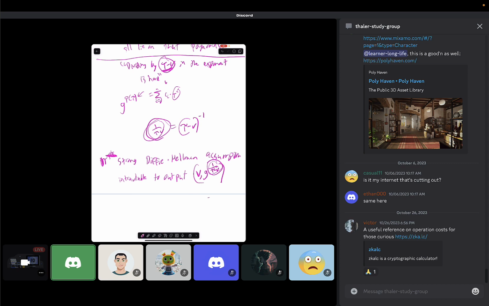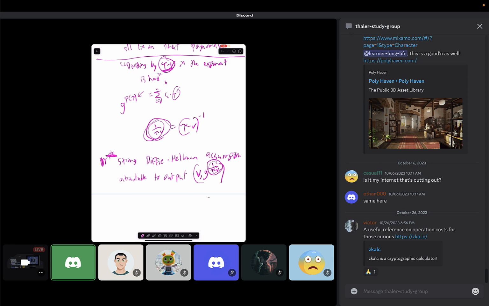Okay, and so the intuition is that you basically open a KZG commitment up to two different values,